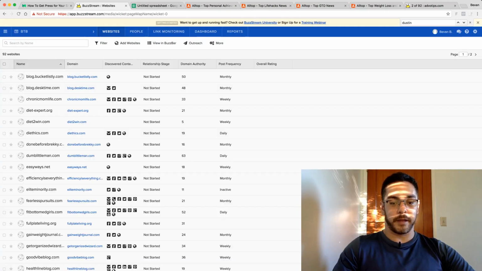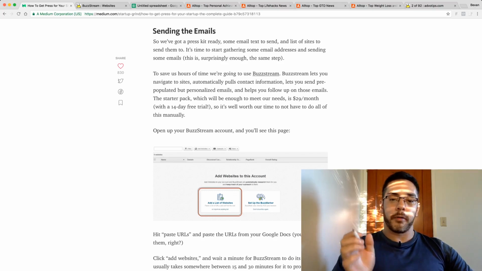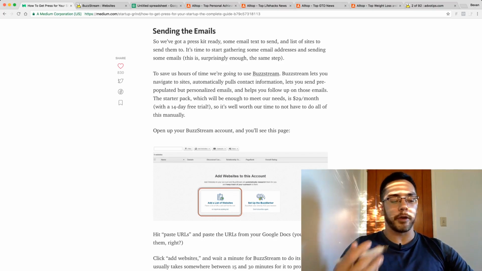Oh, actually, before we get to that, the next step is actually creating your BuzzStream account. BuzzStream basically just helps you email large amounts of people and keeps track of your leads. So it lets you input a list of websites, and I guess they have a database and/or a web crawler on there. Once you input all of the websites of blogs, they will crawl it for contact information and names, and email addresses, Twitter profiles, Facebook profiles, etc. So that you can basically just easily contact them once you have the URL of the blog you're trying to contact. So I set up an